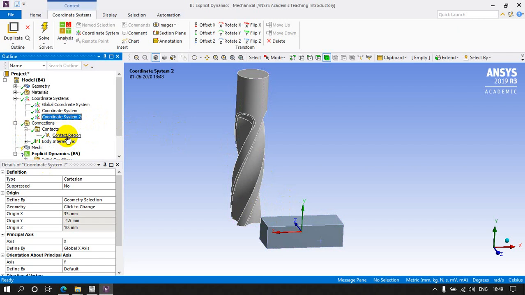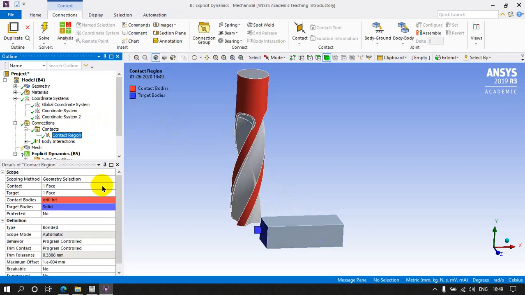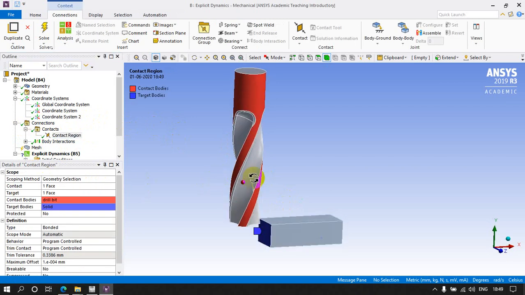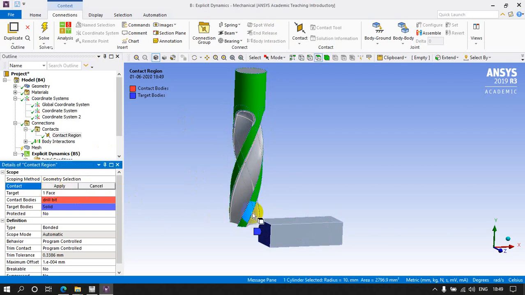Here the contact region is there. Click on this one. We can see two colors are there, one is blue color and one is red color. It doesn't matter which color is which one, but one body should get entirely red color, and one body should get only blue color. So I'm going to select this particular one and choose the face of this particular